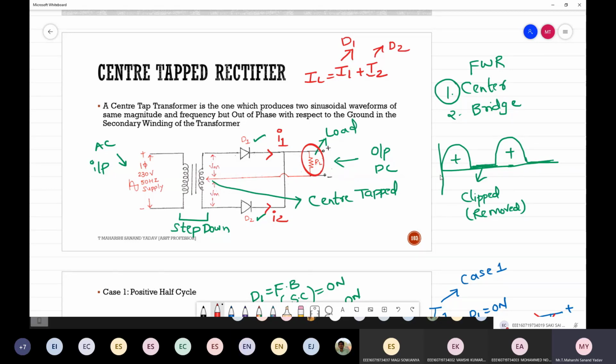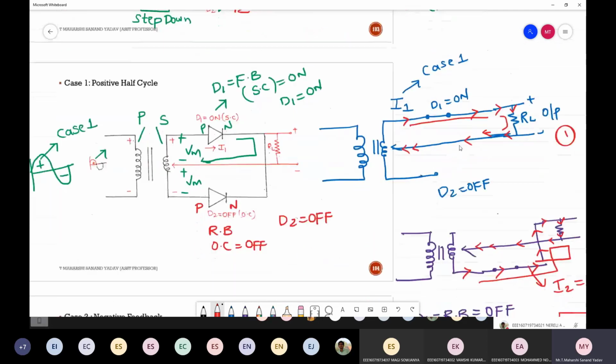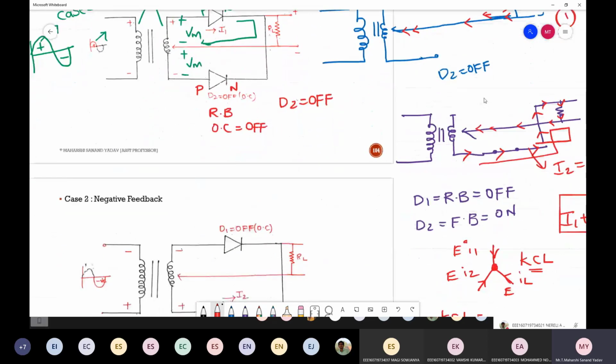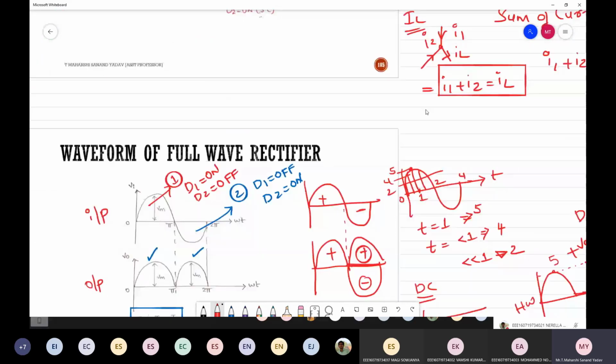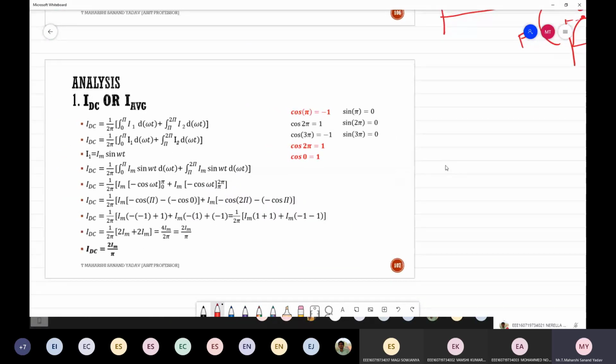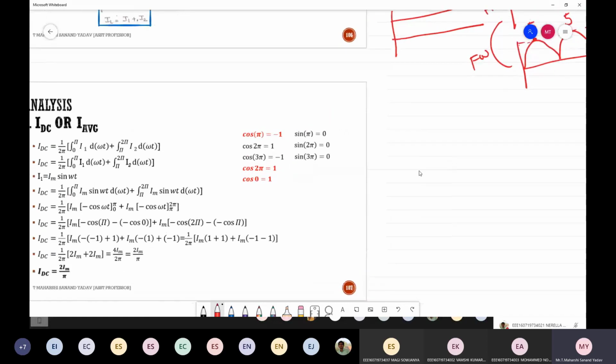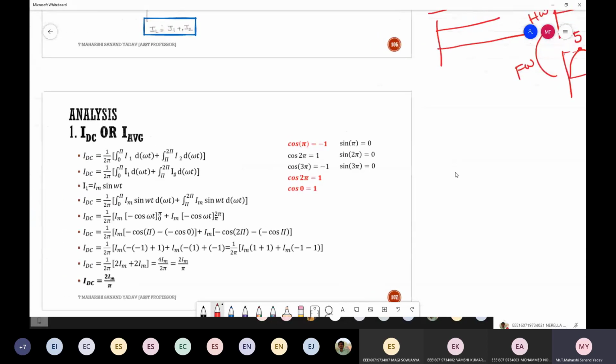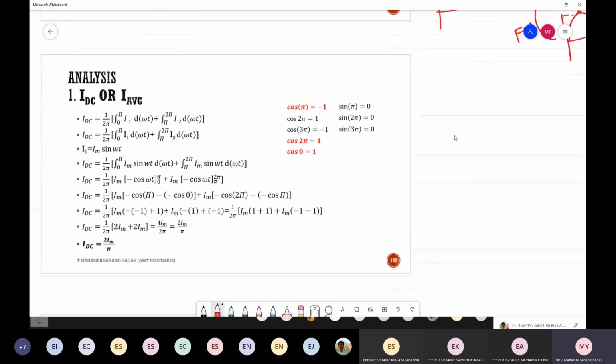So 100% you can expect one of the long questions directly from either the half wave rectifier or the full wave rectifier. The working is very easy. The important thing is this analysis part. If you are familiar with those 4 parameters, this will also be very easy. Now let us see the analysis part. Again, the same concept repeats. We need to discuss all those 11 parameters. But can anyone tell me what is the change here?